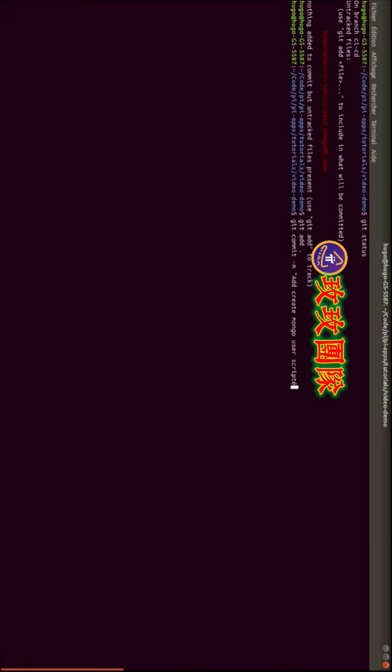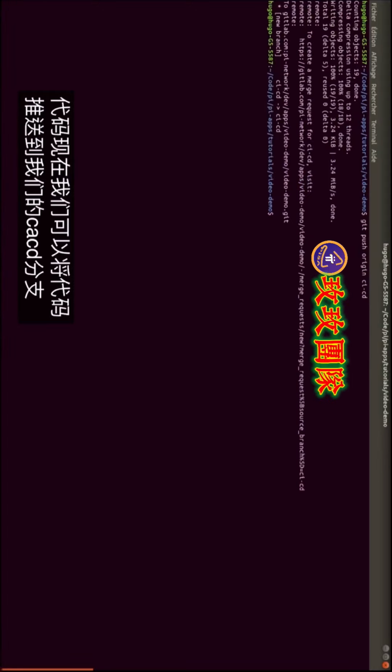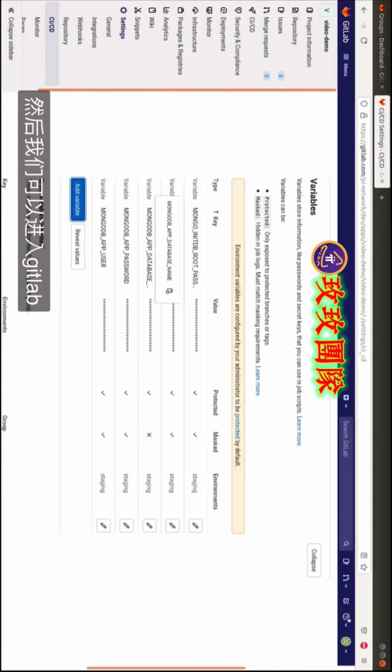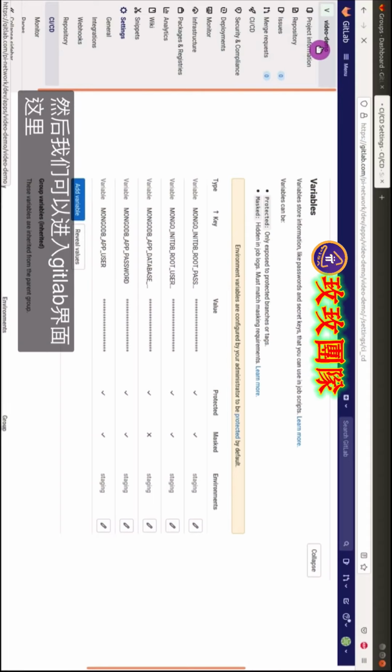And now we can push our code on our CI/CD branch. Then we can go on the GitLab interface here,